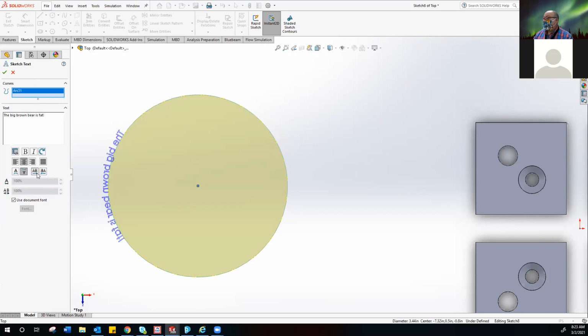One thing I don't have, and let me get back here, is these two areas down here are still grayed out. The first one is the width of the individual letter. The second one is the spacing between the letters. If you turn the check mark off, they will activate. I don't know why they're not active to begin with, because that tends to be what I want to do. If I just want to split more space between those letters, I can then do something like that, which is